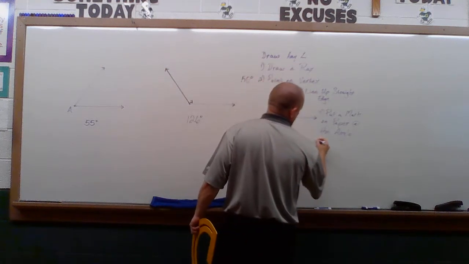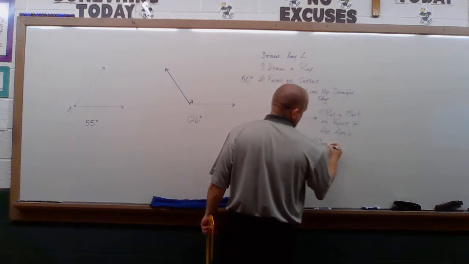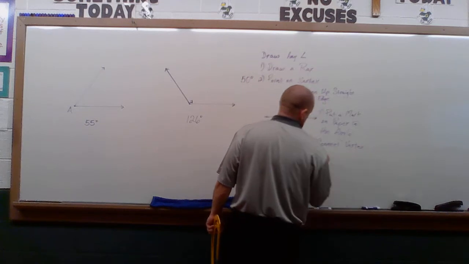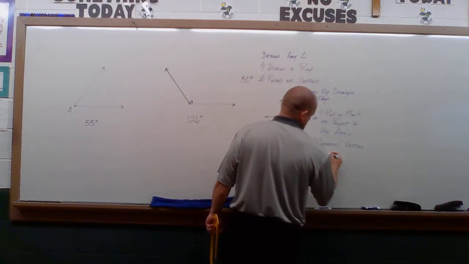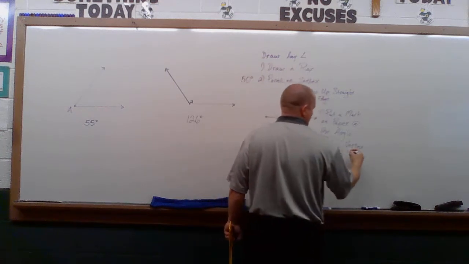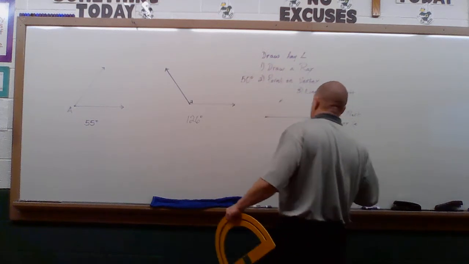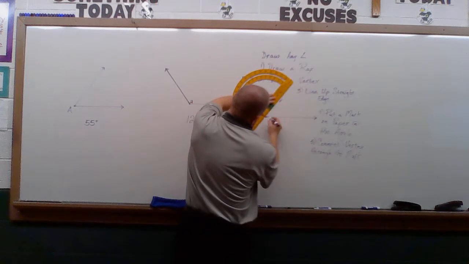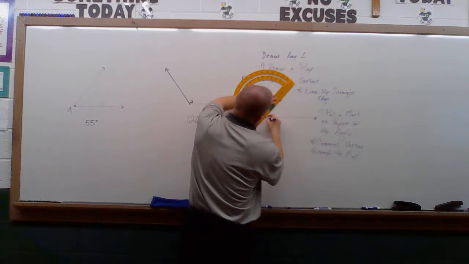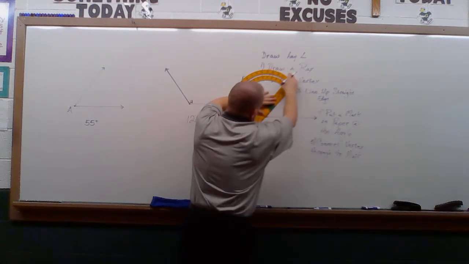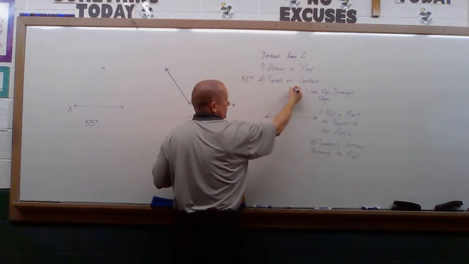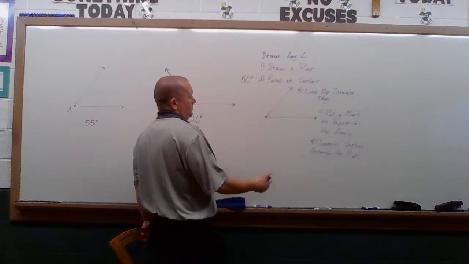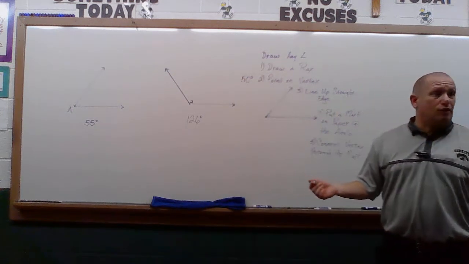And then number 5, we're going to connect the vertex through the mark, or your dot, or whatever it is. So, again, go back to your vertex. This is where the straight edge comes about. And again, try to put that right in the middle, and then go through that point. And then realistically, we should put another arrow in the end. Looks like arrows. And so then, maybe then they say to name that angle